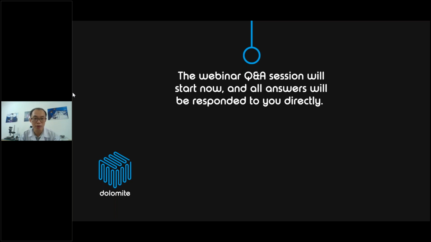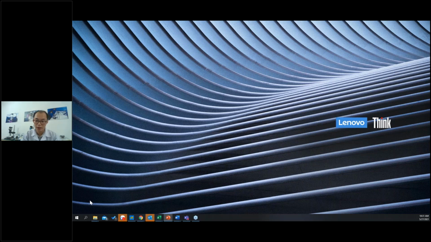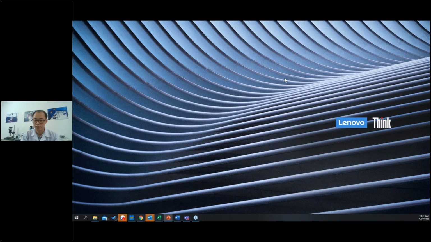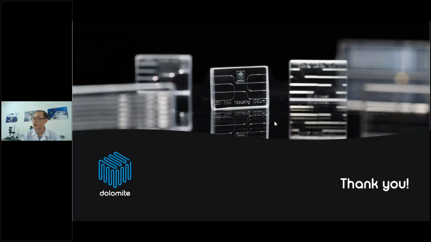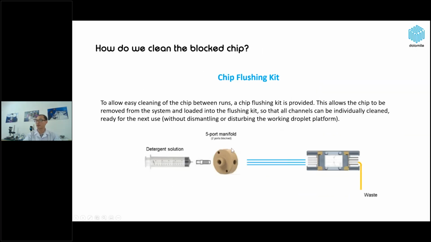The 5-port manifold for chip flexing kits is used for which case? Okay, so the 5-port manifold for chip flexing kits is actually used in case of... sorry, let me show this presentation again. Here, the 5-port manifold we use in case we input